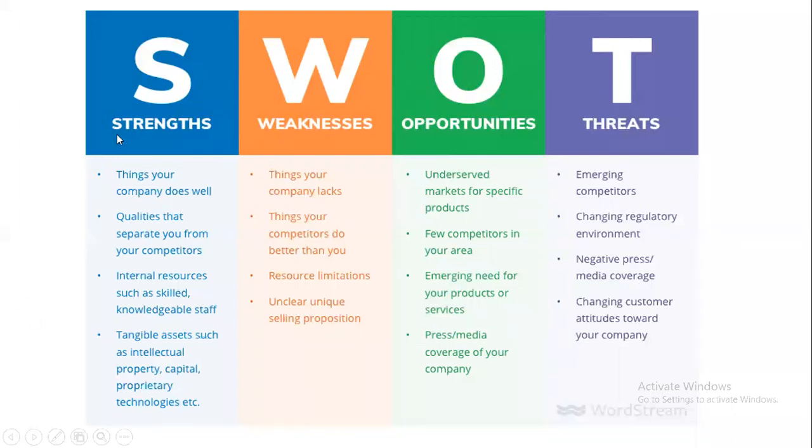So the first one is strength. Things your company does well: what is your strength, and what is the quality that is very unique in your company, which is going to separate you from the competitors, isn't it? We have many brands for each and everything. If you take a moisturizer, we have n number of brands, right? But how we are going to pick your moisturizer depends upon many factors, like the quality, the ingredients, and the reputation, that means the ratings. Generally whenever you are going to buy a product, you'll definitely see the ratings of that particular product.